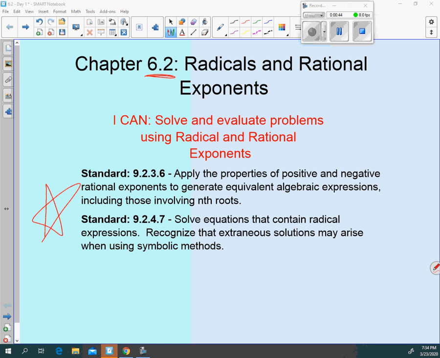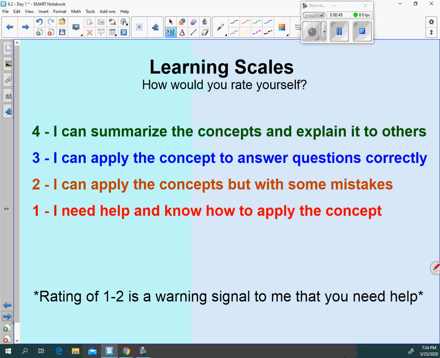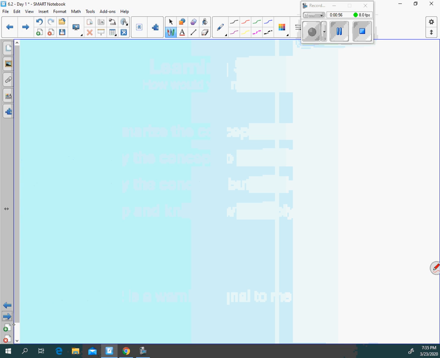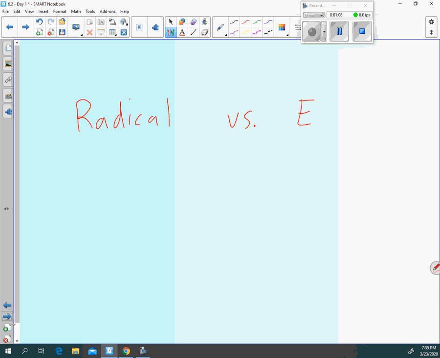A couple of important standards that we're going to make sure that we cover. Hopefully by the end of today, I bet you guys could be at a 4, because it's really easy. This is just between two forms, all right? So, first off, let me write this down. Radical versus exponential. There's two different forms, and they mean the same thing, but we can kind of toggle back